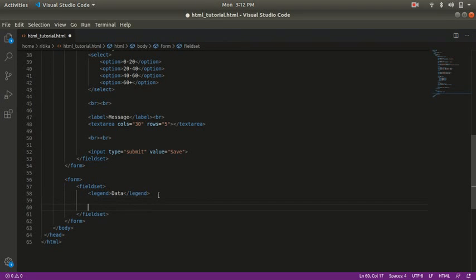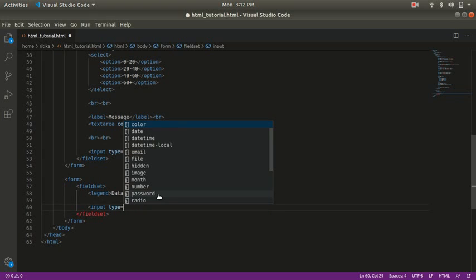After legend but within field set we will write input box. Input type is the attribute where we are writing text. See, you can see the options here. We can select anything from here: date, time, email, file, image, month, URL, week, anything.